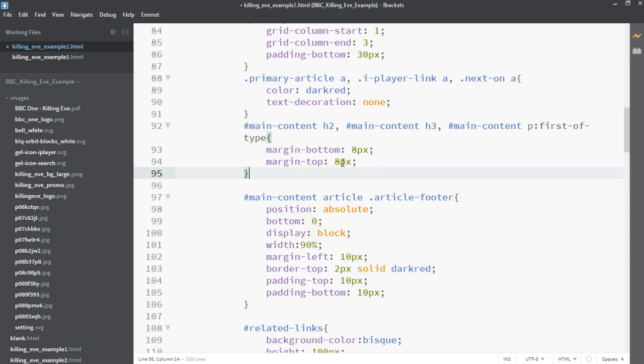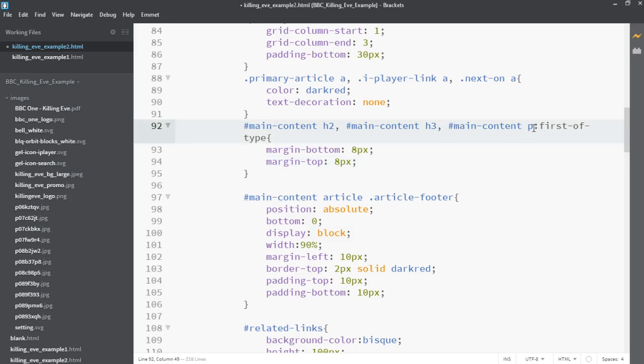Like all headings have an amount of margin by default, and it's usually quite a big amount. All block level elements have some kind of margin. So your headings, your paragraphs, they have a little bit of margin put in above, below, and sometimes to the sides too. And so we're just fiddling with that. We're also fiddling with it on the paragraph, but